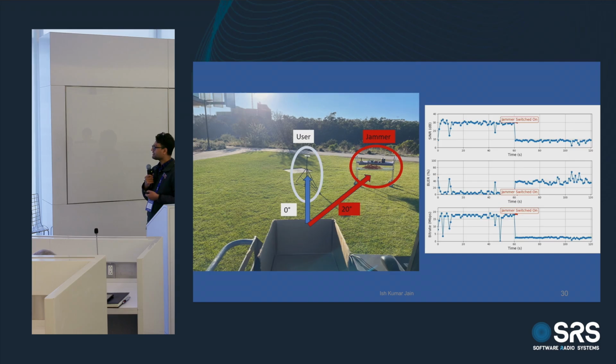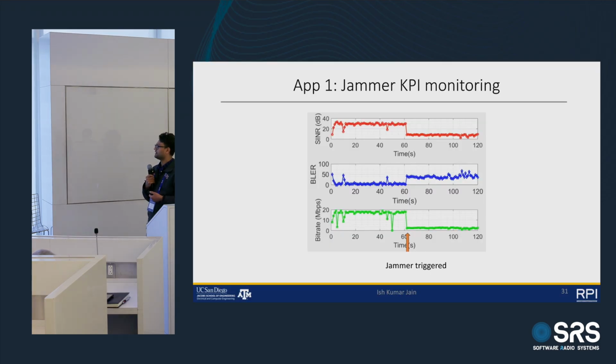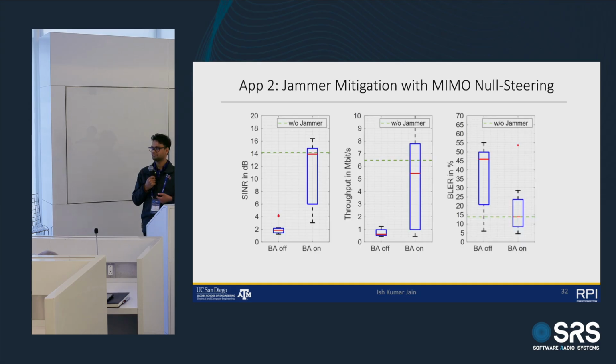Okay, so how are we helping here? We are showing how the jammer affects your performance, and this is where we have benchmarked the end-to-end metrics: when you turn on Beam Armor, how you can recover. On the first figure you see the green bar is the baseline. This is where your SNR is without any jammer. When you turn on the jammer but keep Beam Armor, or BA, off, you see the SINR goes down to 2 dB, which is like 10 dB lower, right?